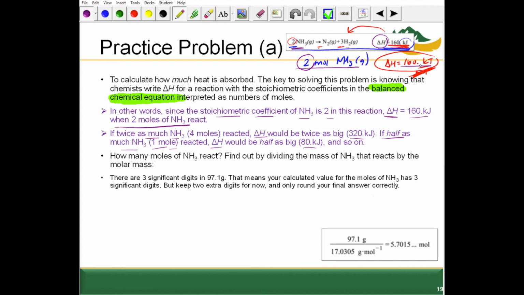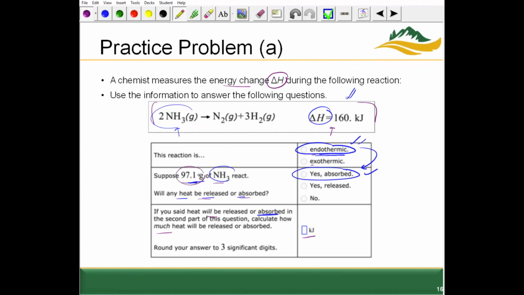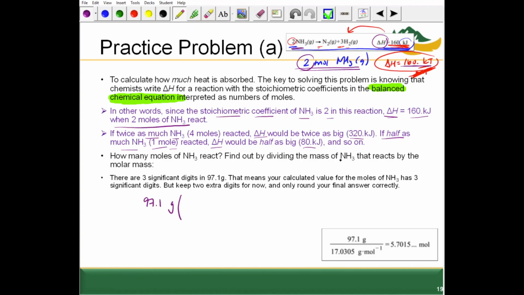So we know 160 kilojoules for every 2 moles of ammonia. But we don't know how many moles of ammonia we're starting with. We know how many grams are in our reaction. So here we have 97.1 grams of ammonia. We need the number of moles because we know for every 2 moles of ammonia that react, it is this change in enthalpy. Looking at the periodic table, the atomic mass of nitrogen, then 3 times the atomic mass of hydrogen, that comes out to about